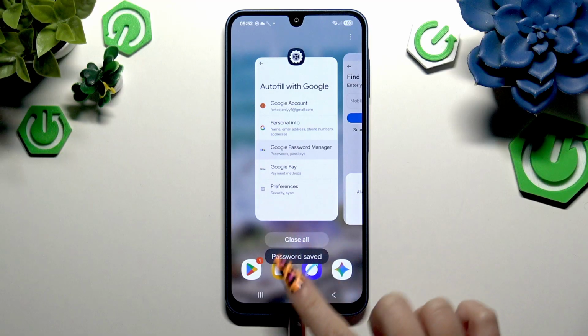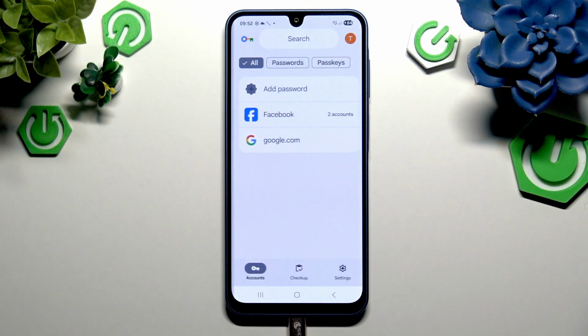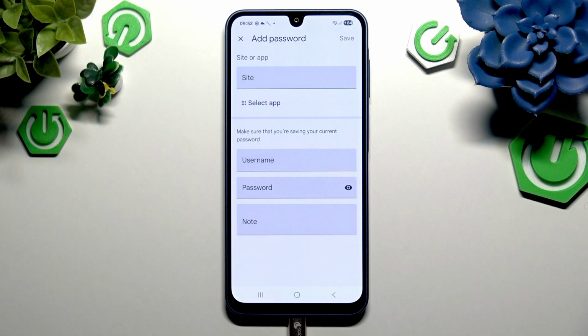And with your password saved, go back to Autofill with Google to click on Google Password Manager again. As you can see, my password is here. Now you can finally tap on Add Password at the top and input all of that information to add it